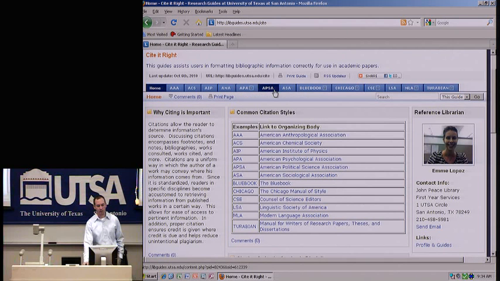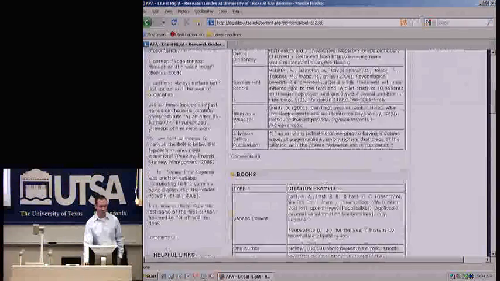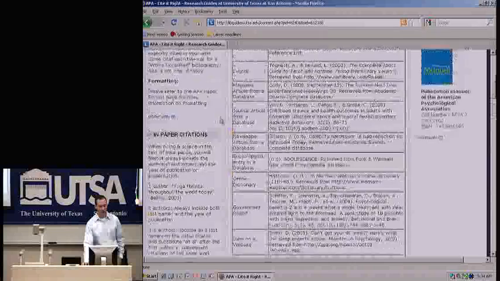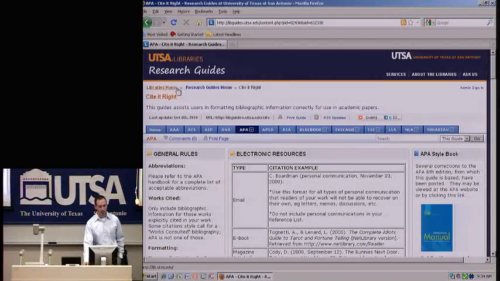So if you're doing APA, right here, you'll find citation examples and some general rules, in-paper citations, and they also give you APA paper format. If I go back,